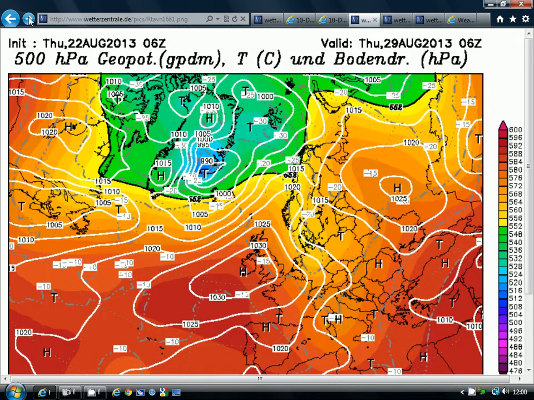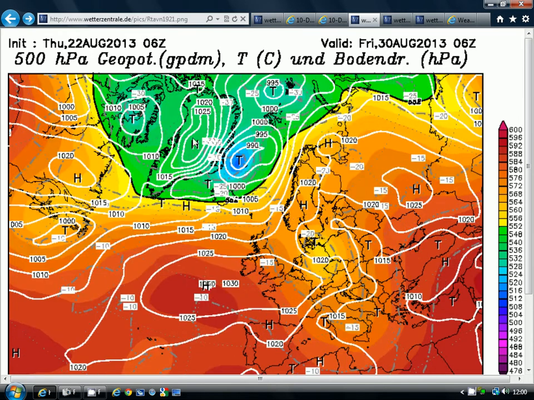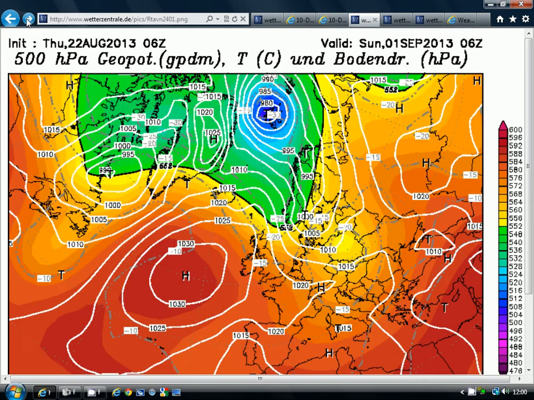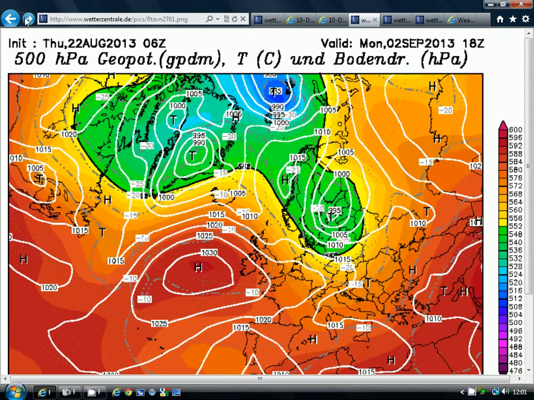As we go out towards Thursday, the high pressure tries to ridge in. Does it make it and sit over the country? Well, it sort of is in across the country, but again, we're still keeping this westerly flow through the British Isles. And as we go out to Sunday the 1st of September, which is 10 days away, the high pressure pulls back out into the Atlantic, and we're putting down a northerly wind once again. And that's how we go into the start of September, with high pressure out to the west and southwest, keeping this west to northwesterly flow going.